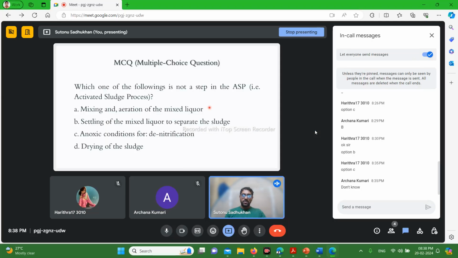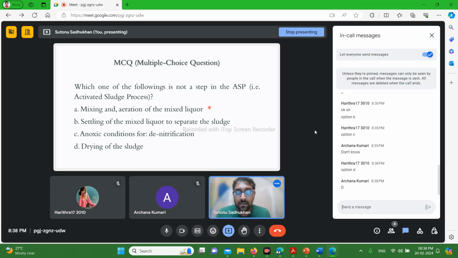So all of the processes are associated. Please type your answer in the chat box. All of the four processes are. Haritra is telling option D. Archana is telling us option D. All of the processes are basically related with the activated sludge process, but